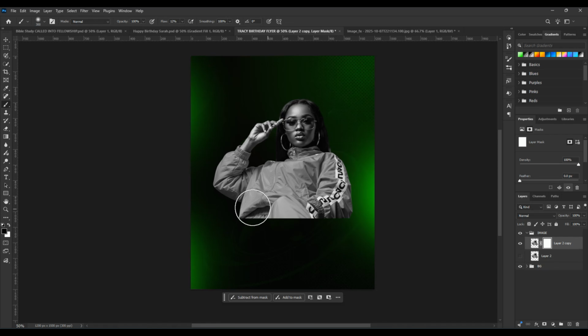Okay, so now make sure your foreground color is set to black. All right, just brush this place. All right, maybe I will increase it a little bit. Okay, this is how I brush my image so that it can blend with the background. All right,